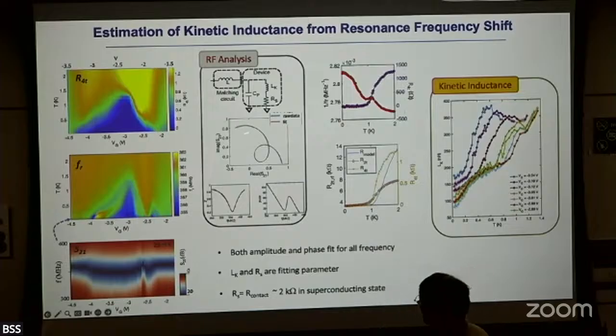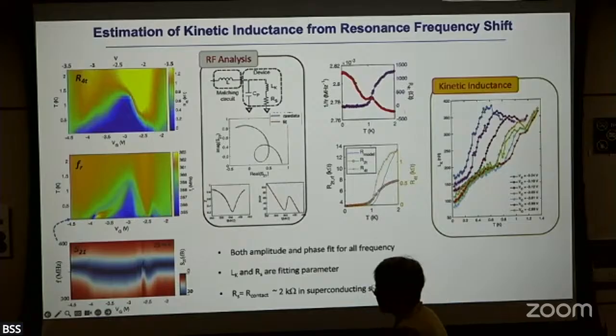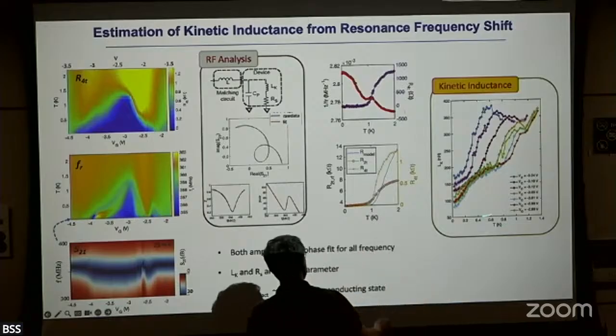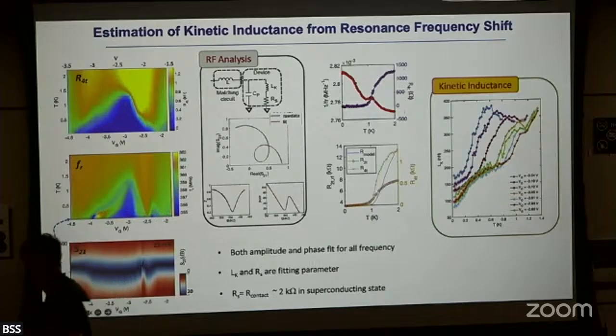Basically, this is a complicated RLC network. I'm sending the microwave in there and it comes around. Either the kinetic inductance changes or the resistance changes, all of it changes the response of the microwave, right? So it's not surprising that it changes not only within the superconducting regime but outside as well, right? Good. Once you get this, now we can do the following things.